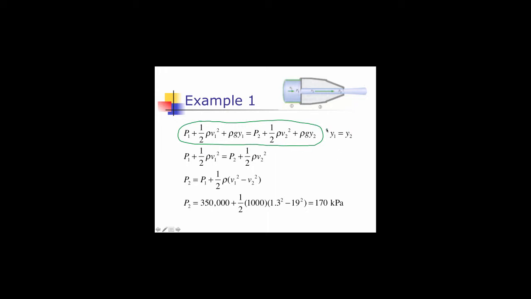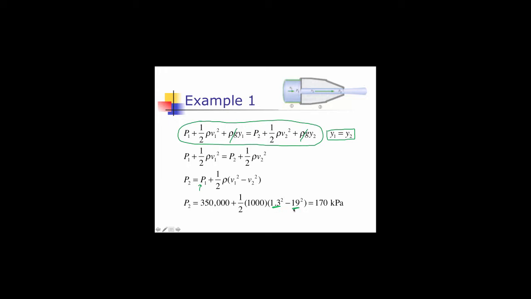But what we are assuming here is there's really no change in height of the fluid. So y1 equals y2, which means these terms are equivalent and can be subtracted out on both sides of the equation. So I can solve for the pressure coming out of the nozzle. I was given P1, 350 kilopascals, so 350 kilopascals is 350,000 pascals, plus 1/2 the density of water, which is 1,000. I was given the initial velocity of the water in the hose, that's 1.3 meters per second, and I solve